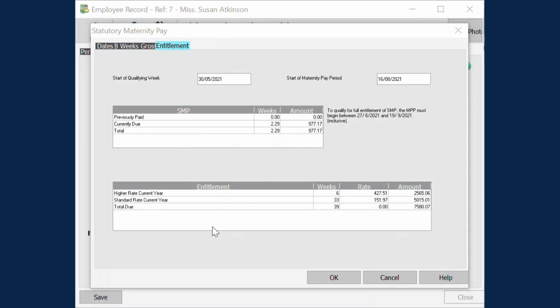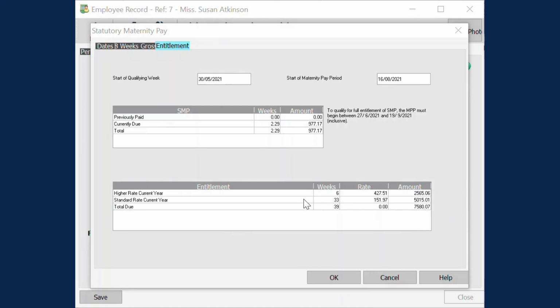Here we can see the full entitlement of the maternity pay that our employee is going to receive. This is just the SMP value. If you do pay more than the SMP rate for maternity, you'll need to calculate that separately if you're using this to update the letter that you're sending your employee to confirm their maternity leave and the payment amounts that they're going to get. So this shows you then the 6 weeks at the 90% of their average earnings,